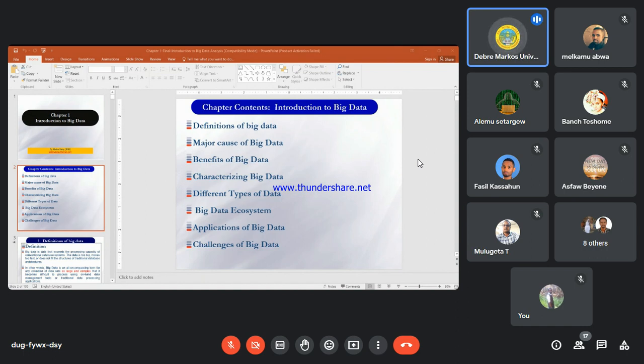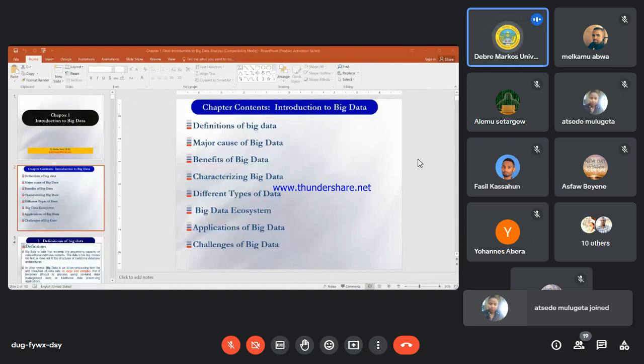And in the 7th chapter, we are going to see about big data applications. We can select scenarios, for example, it may be applied in text processing, computer vision, remote sensing, and so on. So how we can apply big data in different scenarios. At least 3 or 4 scenarios we'll be discussing in the 7th chapter.